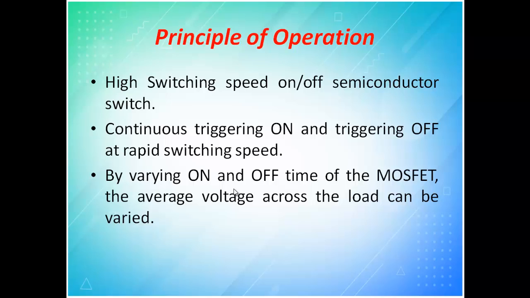By turning on and off the MOSFET, the average voltage across the load can be varied. Highlight this point. This is a very important point. What we say: varying T on and T off time. See, if you are operating at 25 kilohertz, the frequency is kept constant. Then what you do is just vary T on and T off. So by varying T on and T off, I can vary the average output voltage across the load, and by that means I am able to get variable DC. Okay, the point you have to remember is varying T on and T off.